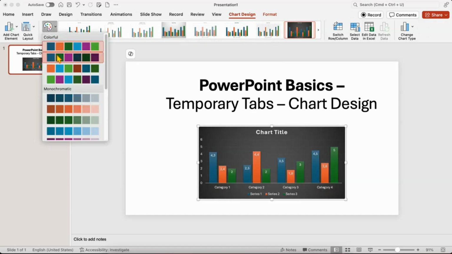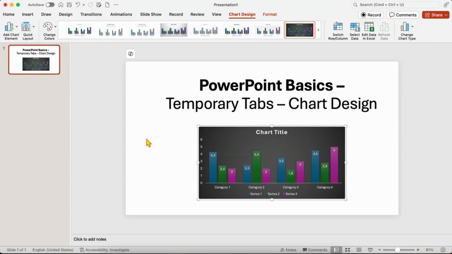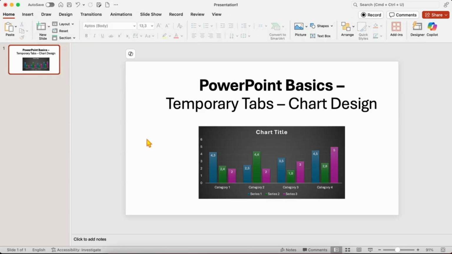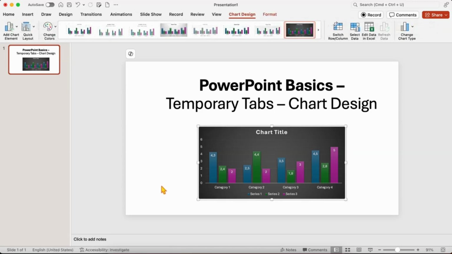This is because PowerPoint hides context-specific tools when they are not in use. To bring it back, simply click on the chart again and the Chart Design tab will reappear, allowing you to continue making adjustments. Understanding how to use this temporary tab is essential for creating clear, attractive, and effective charts in